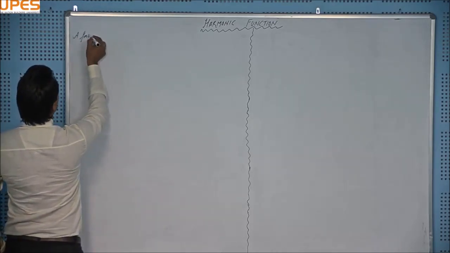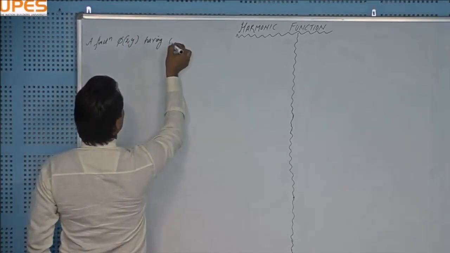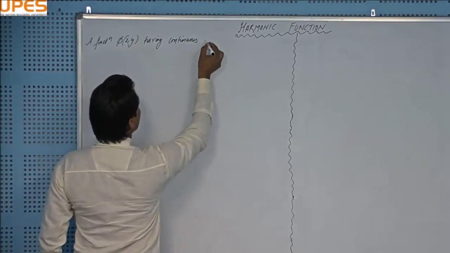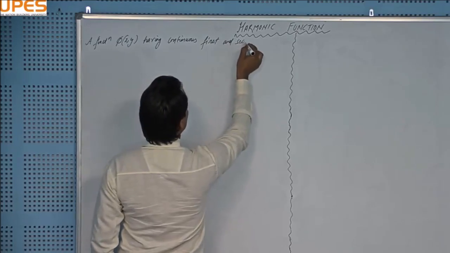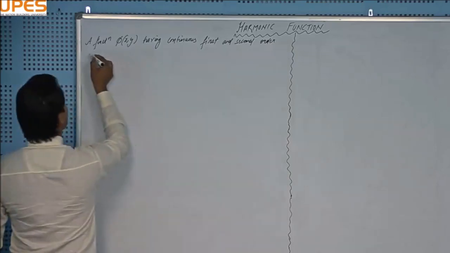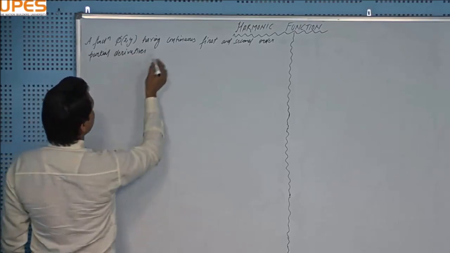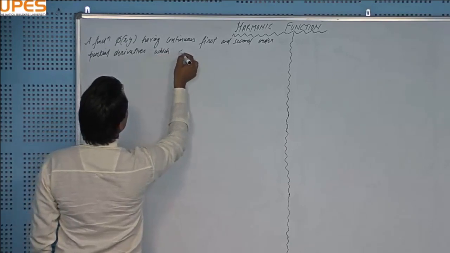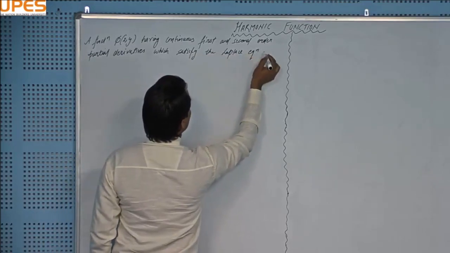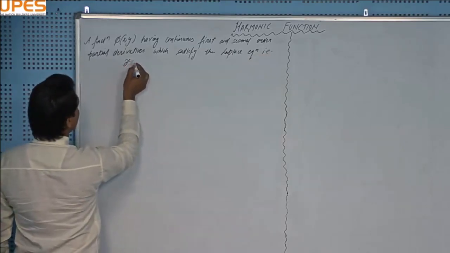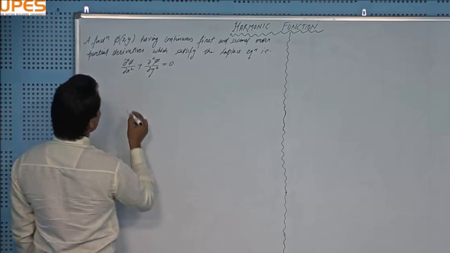A function phi(x, y) having continuous first and second order partial derivatives, which satisfy the Laplace equation, that is del square phi over del x square plus del square phi over del y square equal to 0, is called